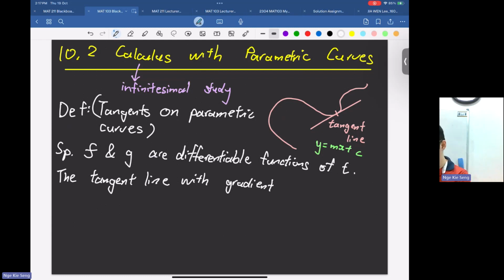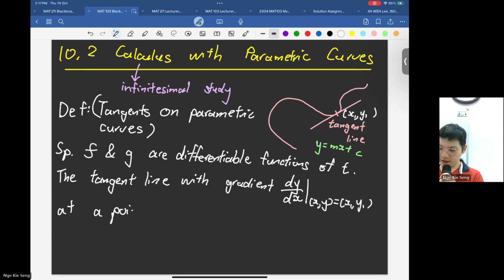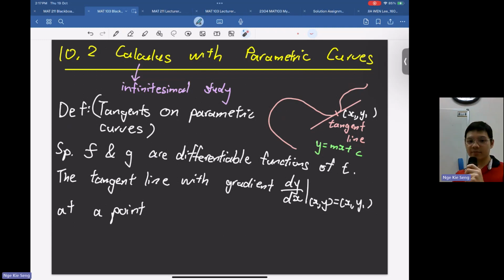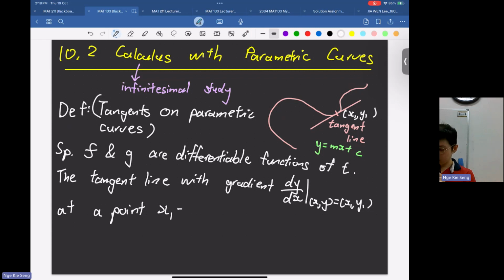Okay, so this gradient is also the dy dx. At a certain point, for example, let's say we evaluate at x1, y1. Note that this point is a point on the line, meaning you achieve that point using some time. We call it the time t1, for example, so achieved at f(t1), g(t1) on my parametric curve or plane curve,